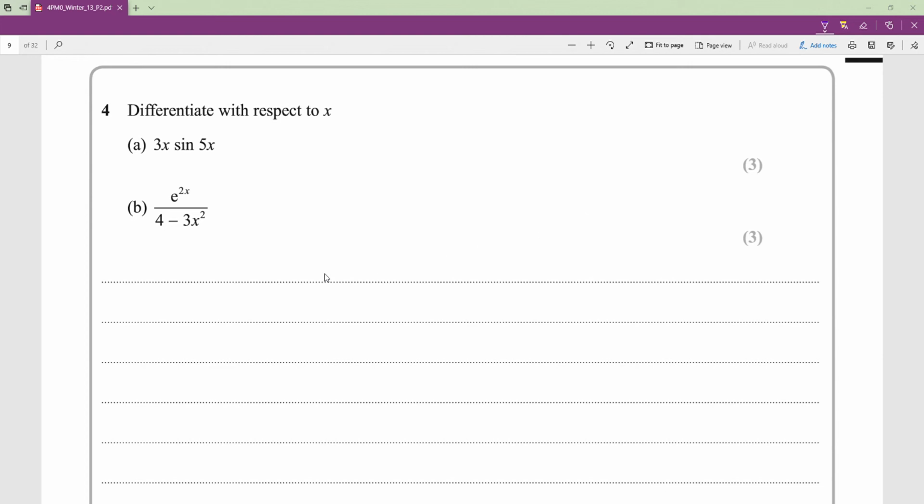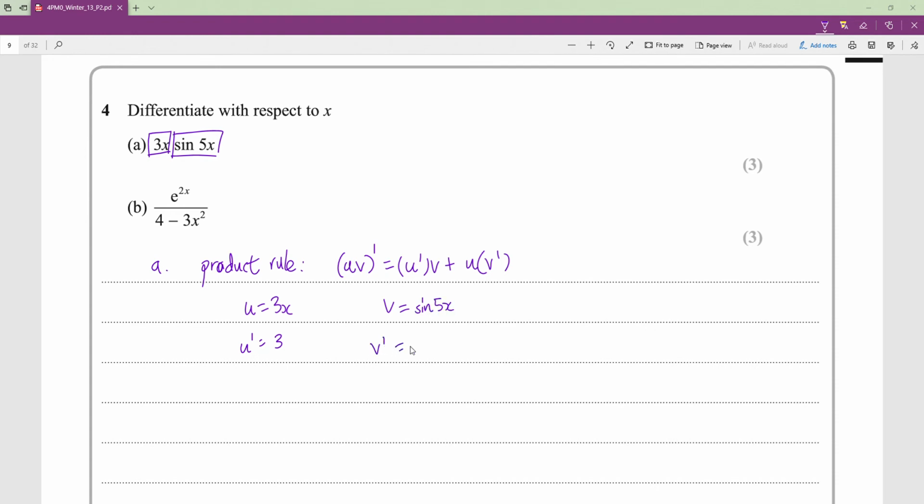3x sine 5x, using the product rule. Let's remind ourselves of the product rule. (uv)' is equal to u'v plus uv'. So in this case, it's our two things that are multiplied together to get this function. In this case, u is equal to 3x, so u prime is 3, the differential of 3x, and v is equal to sine 5x,